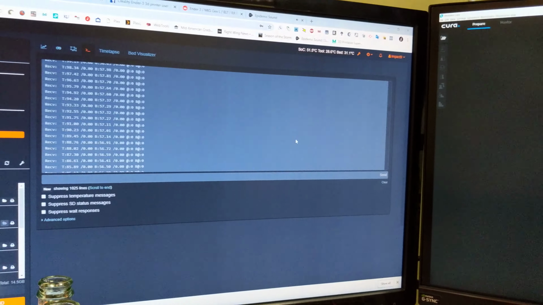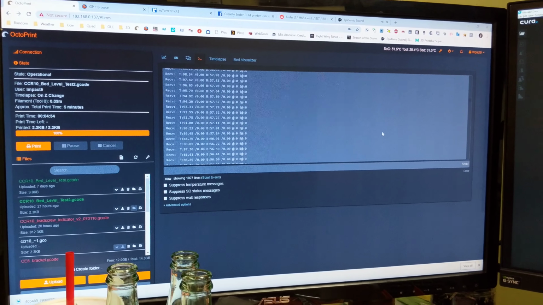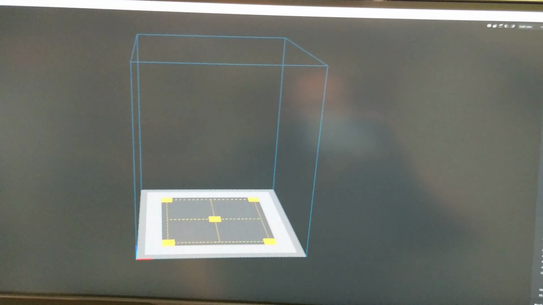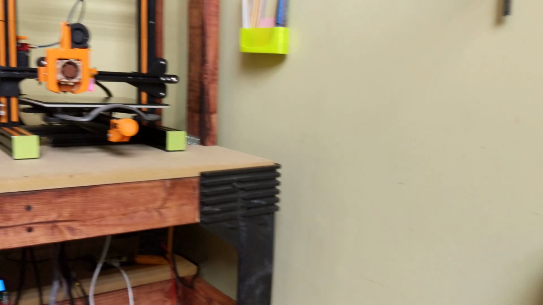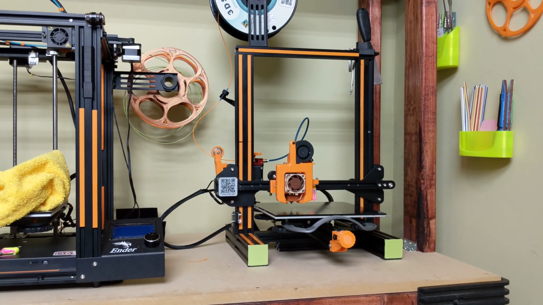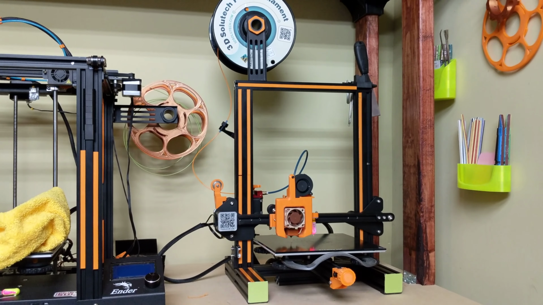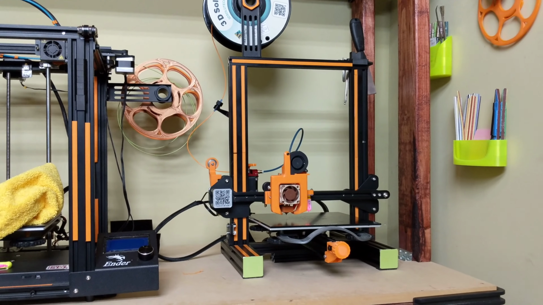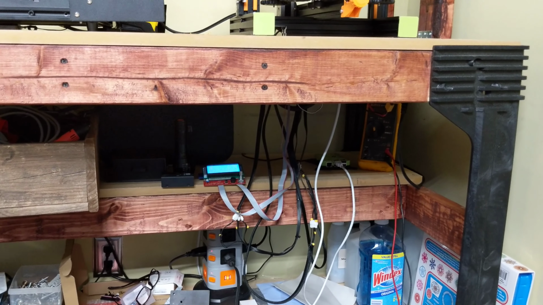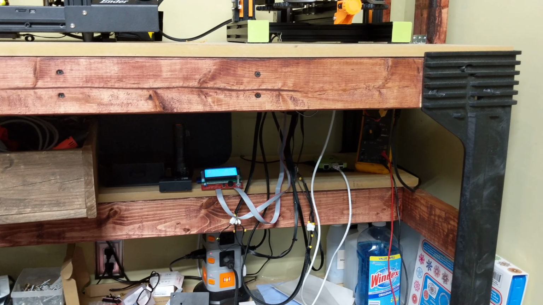So I'm going to keep testing this, and hopefully somebody who is familiar with the MKS Gen L and the Marlin code can tell me why the printer will act absolutely normal. If I auto home, it'll work fine. If I bed level, it will work fine. If I want to push out some extrusion, it will work fine. It's just not working to print actually anything. But